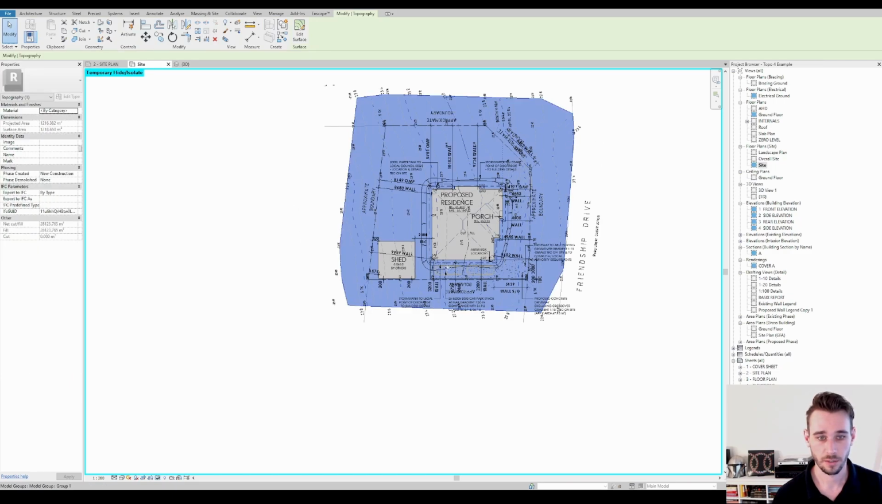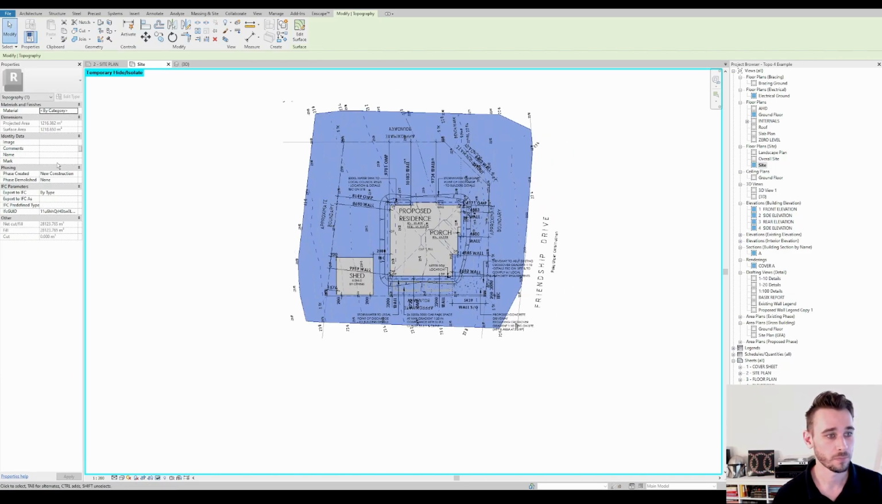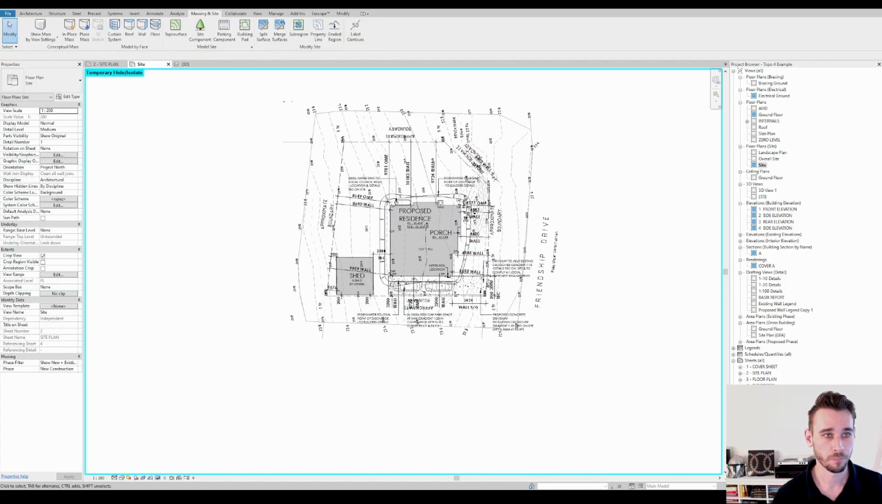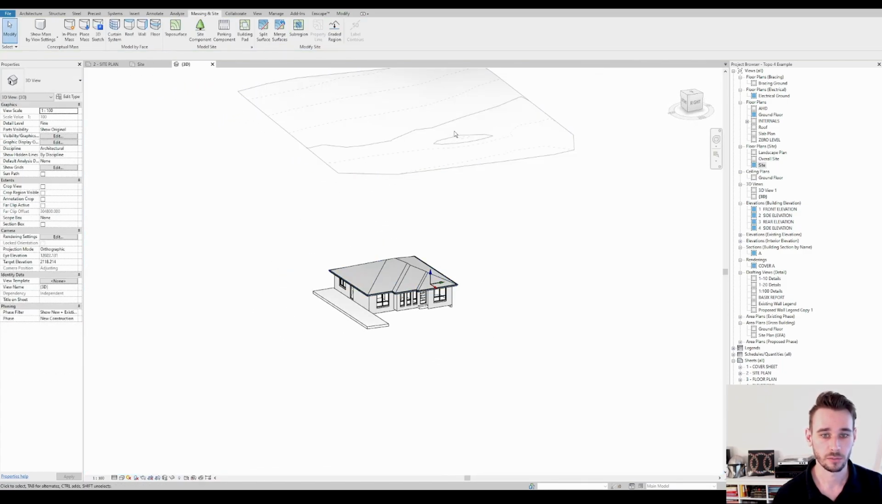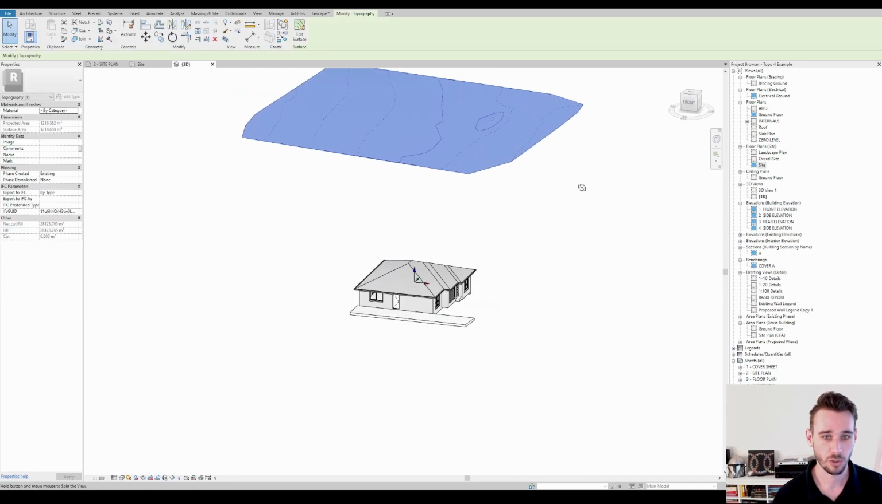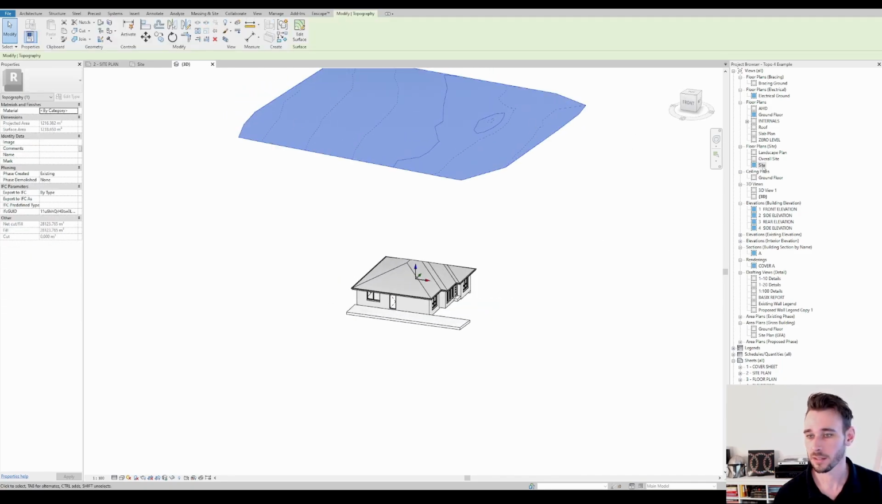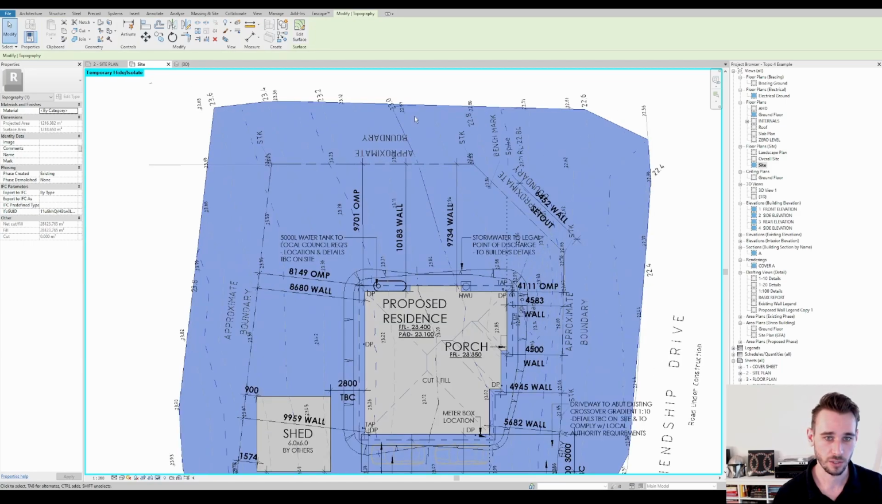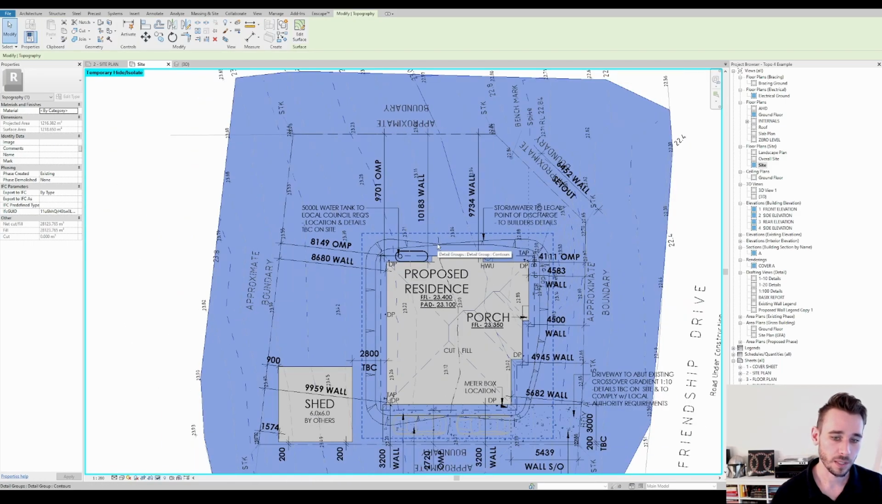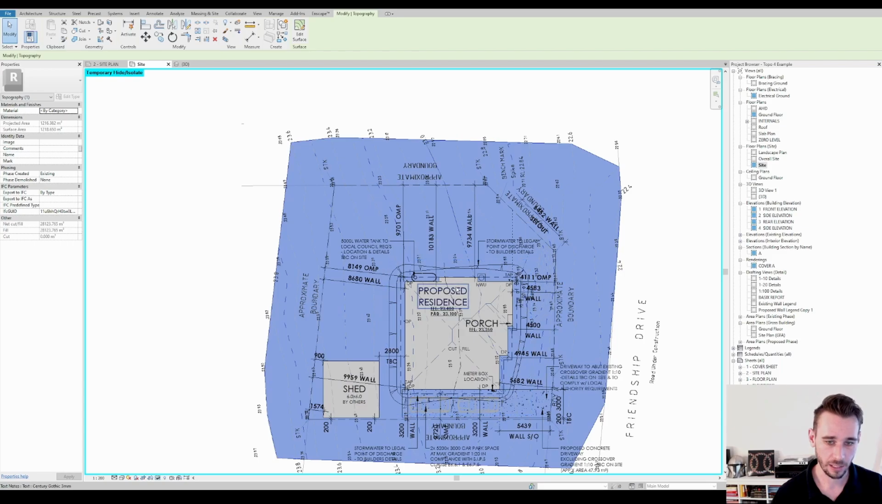But that's our topo surface right there. Let's phase this as existing for now, and then we'll have a look. So we can clearly notice that that is actually way too high, and that's not too bad. That's really not the end of the world. We know that our cut and fill, or our pad line, is the